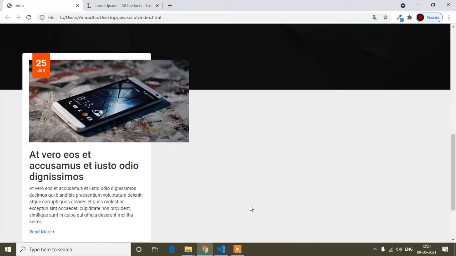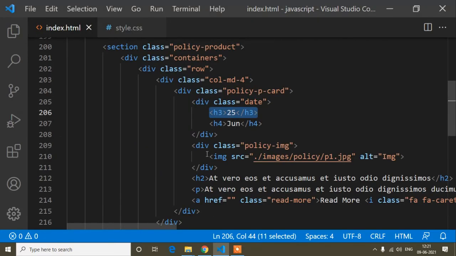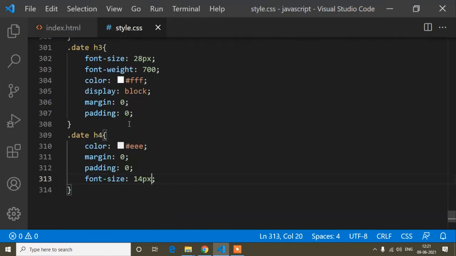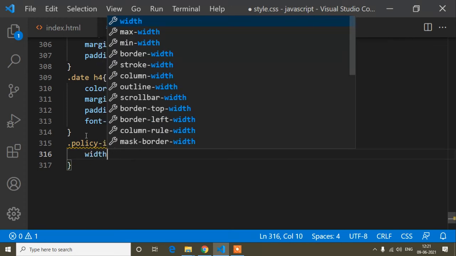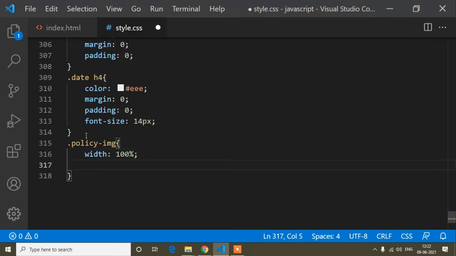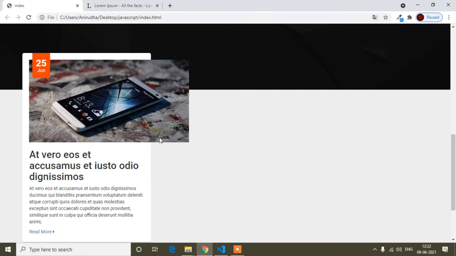And now I will add some design for this image. First of all, this image's parent is this one, so I will set the width and height for this parent div. Here I will set the width to 100% and the height to 200 pixels. Now, guys, if I save, this parent div has the height set and width 100%, so the parent div of this image will come up to here.